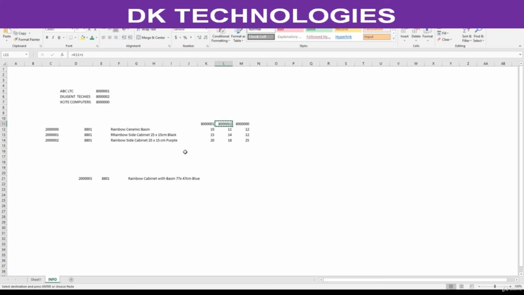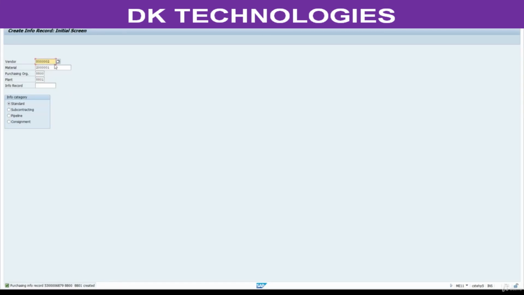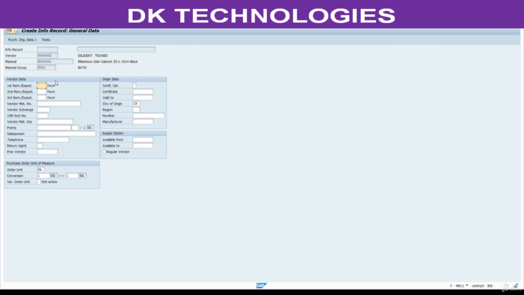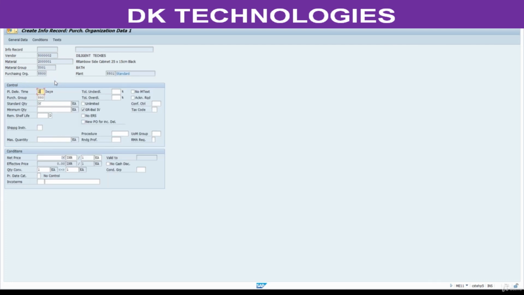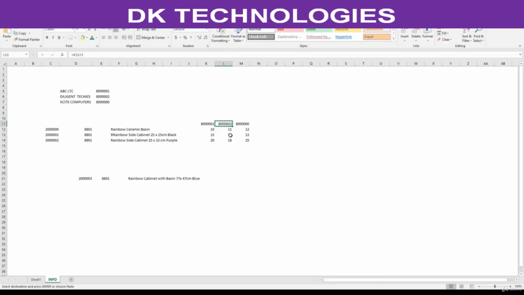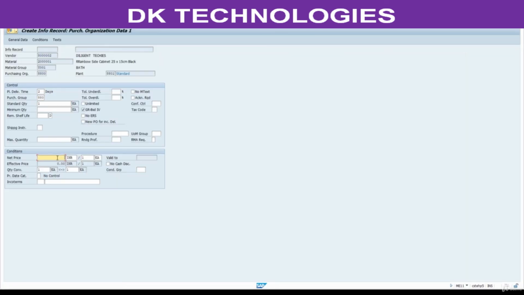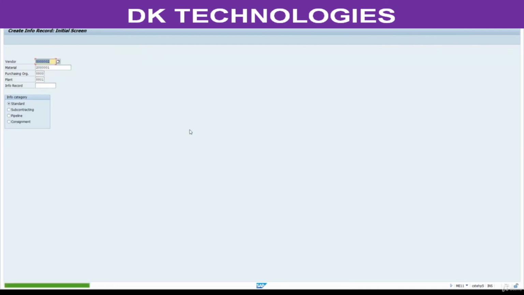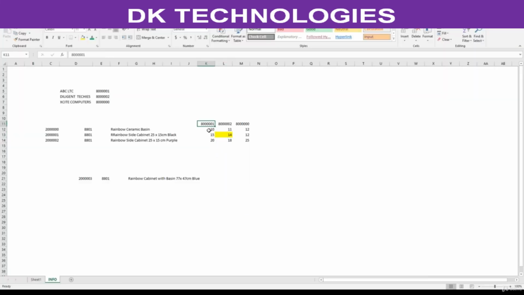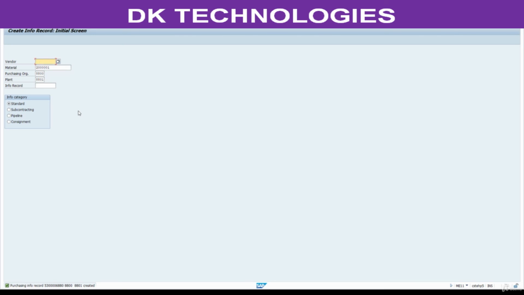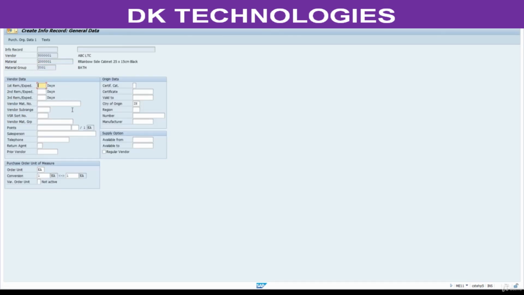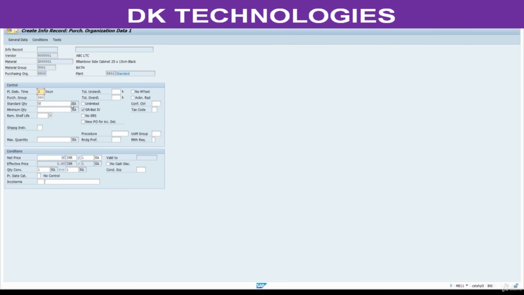Now this vendor, same article, press enter. Price 14, save this. Next vendor, price is 15. Here enter 15.